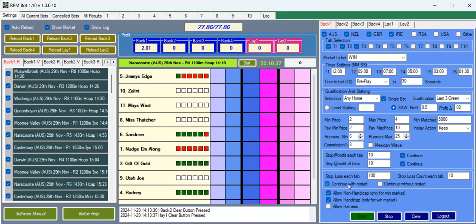You have to put in a loss, what you're prepared to take as a loss. I'm saying 10 losing bets on back one or £100 or dollars loss. Whichever comes first, if that happens, then it will stop and restart again. If I had it unticked, then it would not restart, it would just stay stopped. Allow non-handicap, allow handicap. I've ticked them and I've unticked harness. I don't want any harness racing. So that's how you set